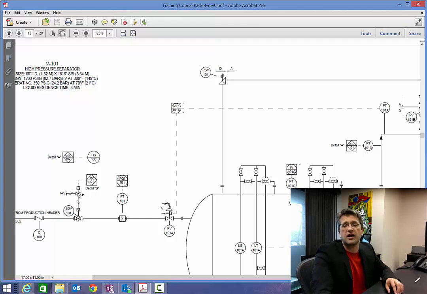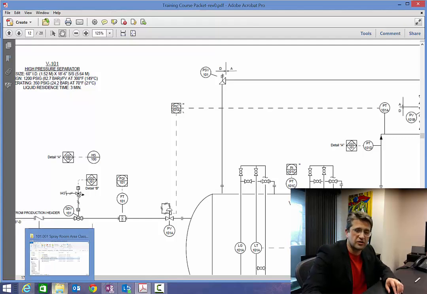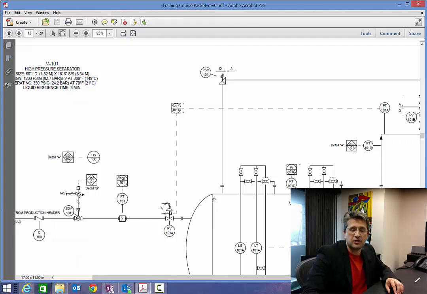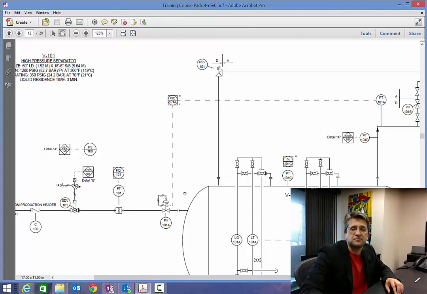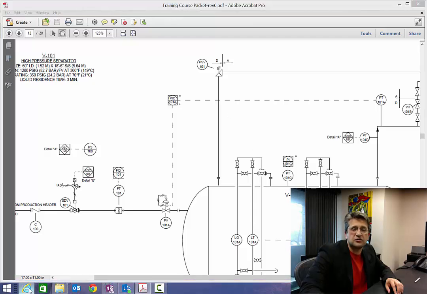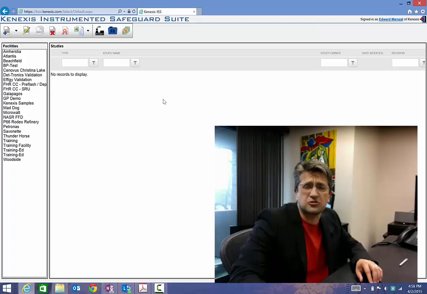And we have assigned a target of SIL1 to this. That was done separately through a layer of protection analysis. We're not going to get into the layer of protection analysis details at this time. We just know that we have a safety function and that we want to run calculations verifying that the target has been achieved. So if I go back into Kenexis Instrumented Safeguard Suite,